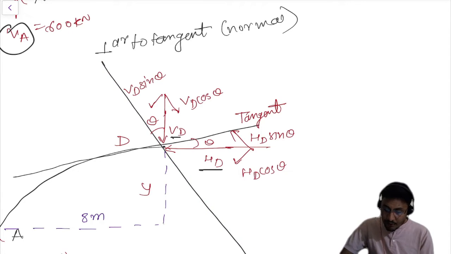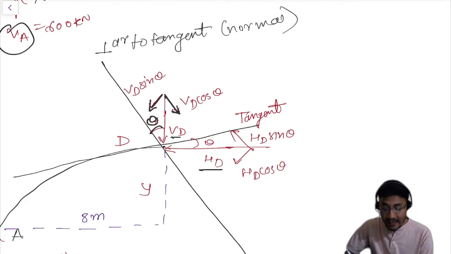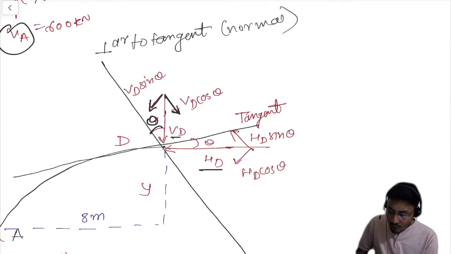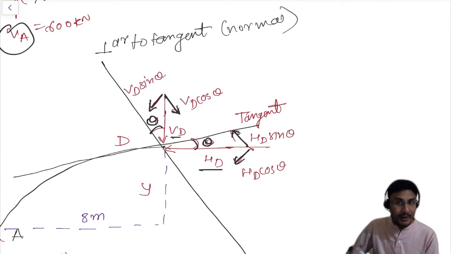After that, we need to split these two forces in the two directions, such as the first one is in this direction and another one is in this direction with the angle of theta, right? So we have distributed VD as VD sin theta and VD cos theta. Similarly, the HD force we have distributed as HD sin theta and HD cos theta with respect to this theta angle, right? So these are two more value additions in this diagram we need to make before